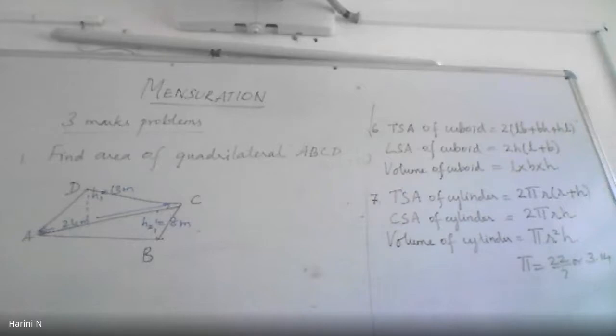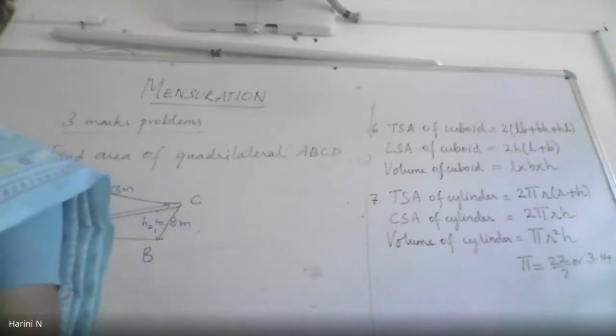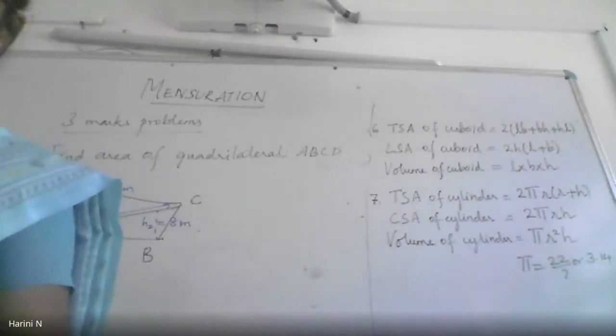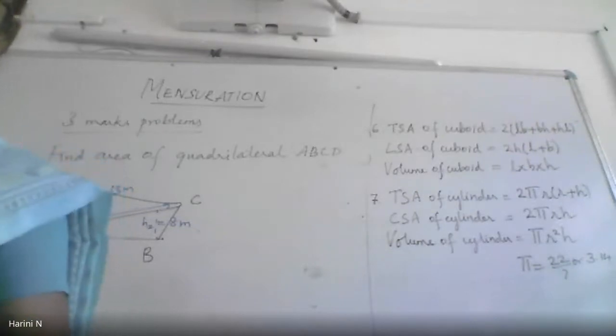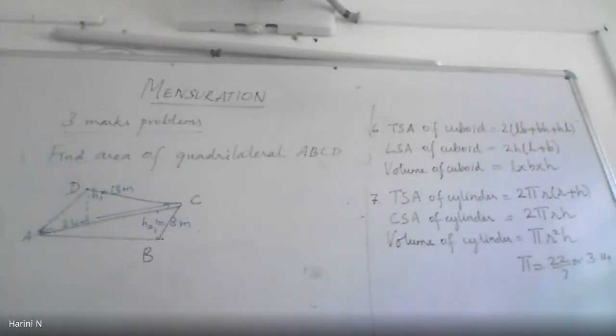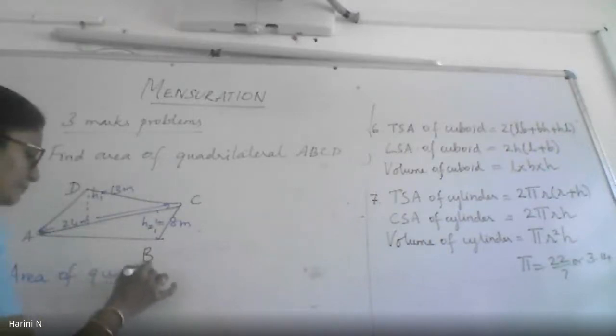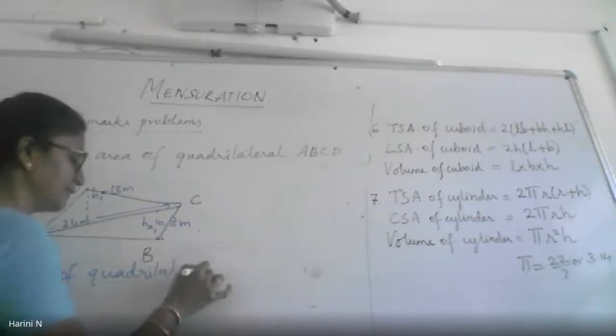This is eligible for a 3 marks. So first you have to draw the figure clearly. Then identify what is the D, what is H1, what is H2, and then apply it in the formula. So first you will write the formula for which you will get half a mark. Area of quadrilateral ABCD